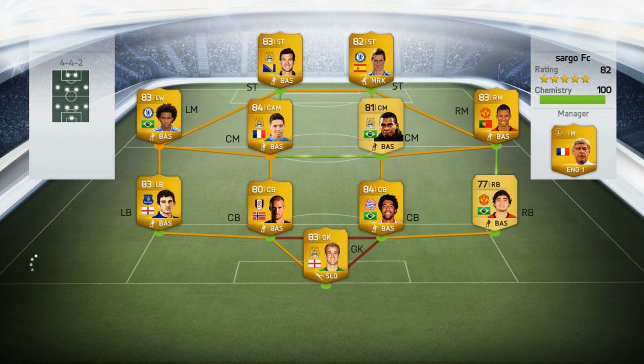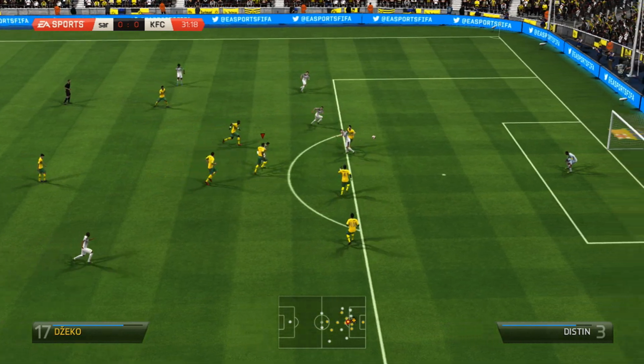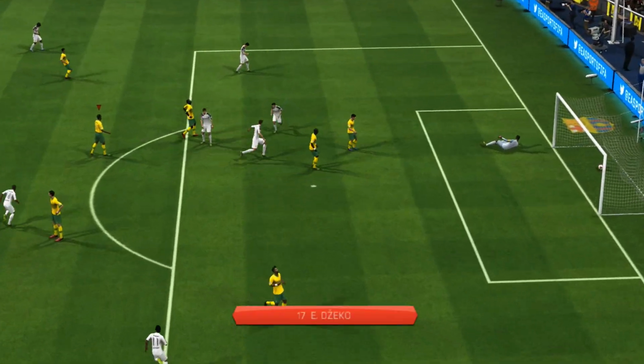So we're going into an online season game, and we come up against the 4-4-2 Barclays Premier League side with some quite nice players in it, such as Willian and Nani. But we are starting things off quite late in the first half, and my opponent makes it 1-0 with Dzeko